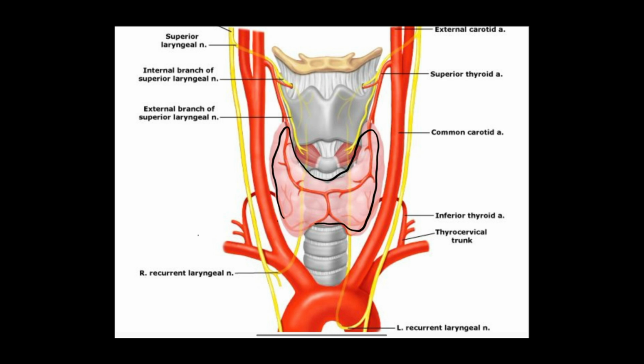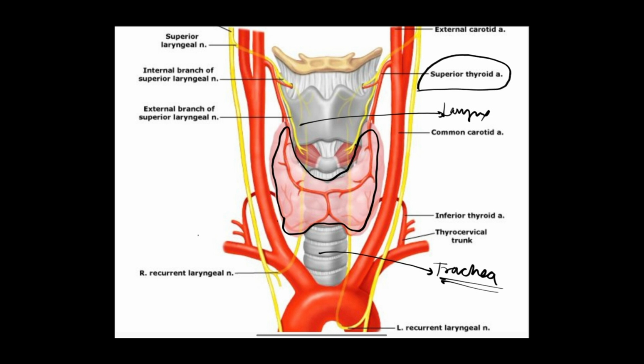This is the outline of the thyroid gland. This is the larynx. It is located below the larynx and in front of the trachea. The arteries supplied by this are the superior thyroid artery and the inferior thyroid artery. These two arteries supply the thyroid gland. The superior thyroid artery is a branch of the external carotid artery, and the inferior thyroid artery is a branch of the thyrocervical